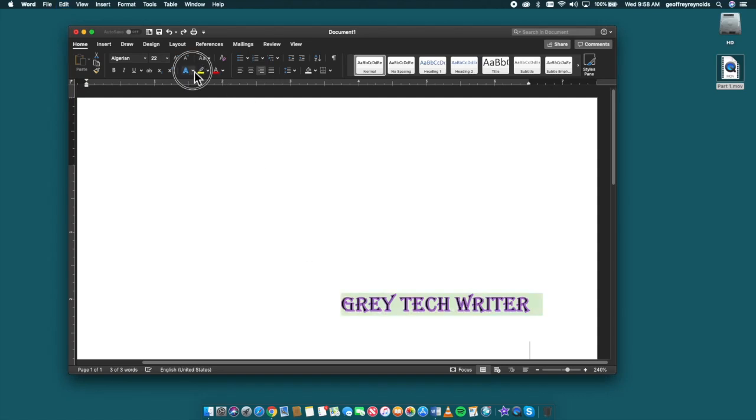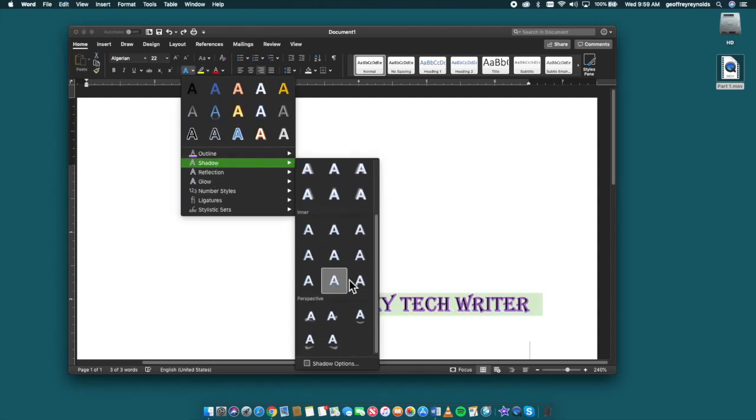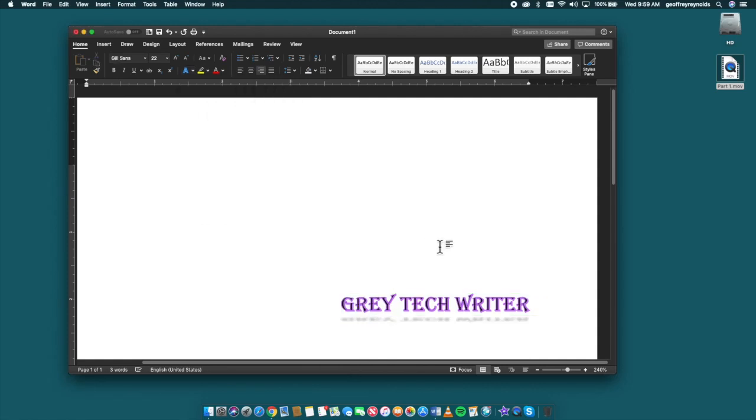Let's undo that. And let's come to another shadow. And let's see, what's this thing that looks like it has a V underneath? Perspective below. Wow. Okay, that could be very interesting and very cool, depending on what effect you're going after, what the content of your document is. Let's undo that. Let's undo this,